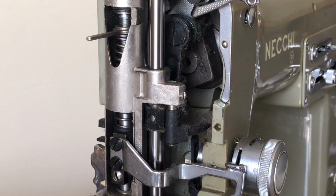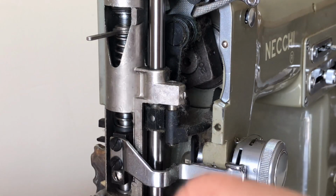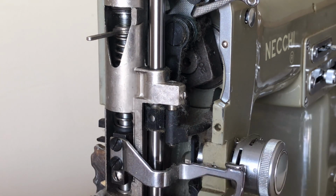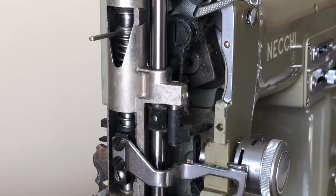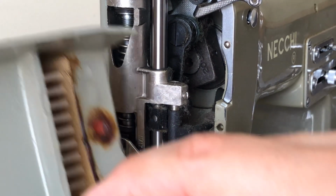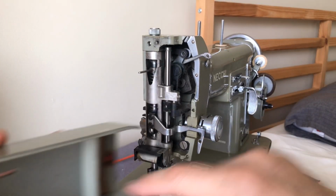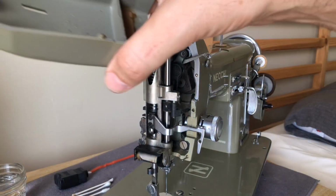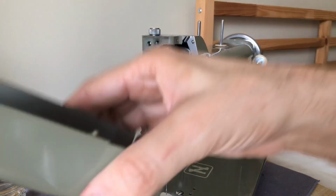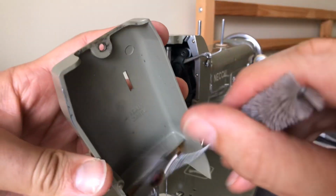So I'm just going to take, you could do this with a brush actually, just take and get the dust off. And if you want to wipe it clean, you can. I'm not sure that that's needed. Just you want to get the dust out of there because you don't want it getting itself worked into, let me zoom back out so you can see what I'm doing. You don't want to get the dust to, where is my brush? You don't want dust getting into the moving parts of the machine. That's the whole purpose of this. Okay, so I'm just going to take and,